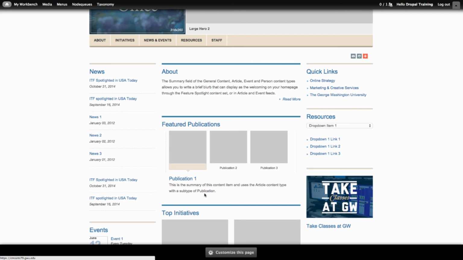If I'm unhappy with their location, I can use the Customize this page button to adjust the layout. Otherwise, I'm all set.